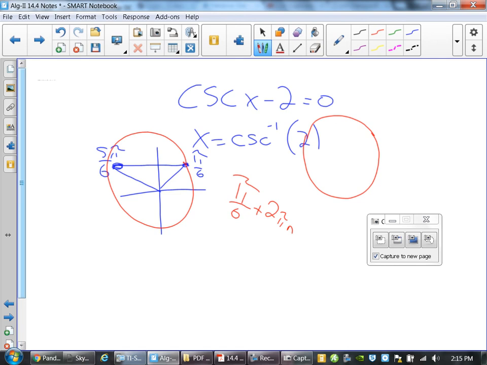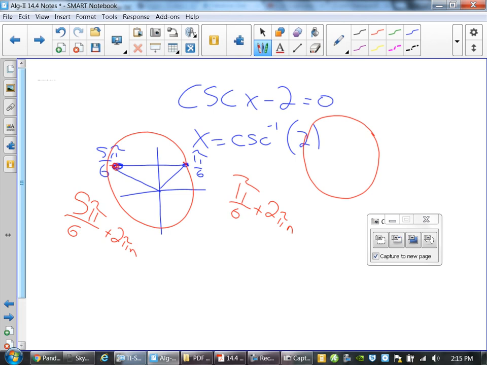Please proceed. And then again, you start here. How long does it take to get back around? 2 pi. That's what a general solution is going to look like,